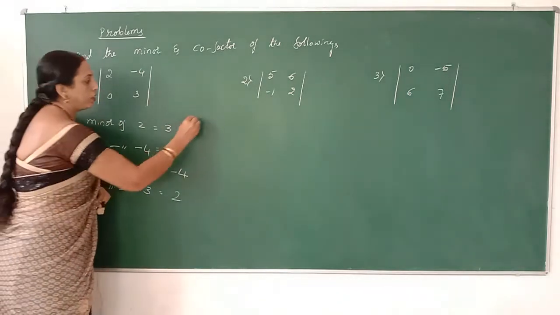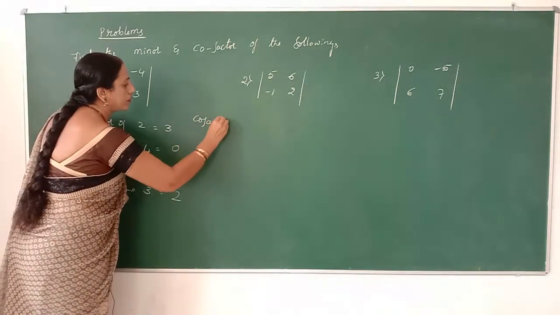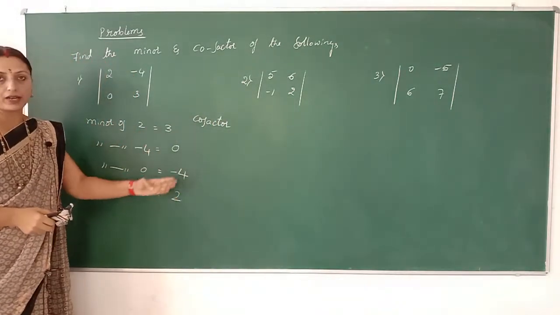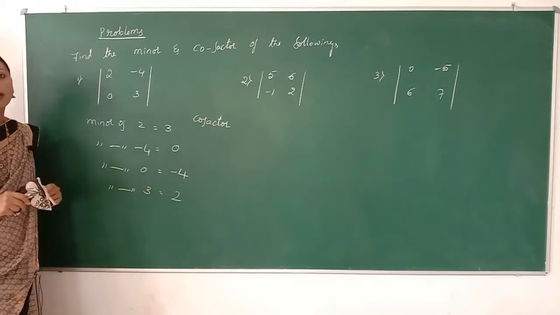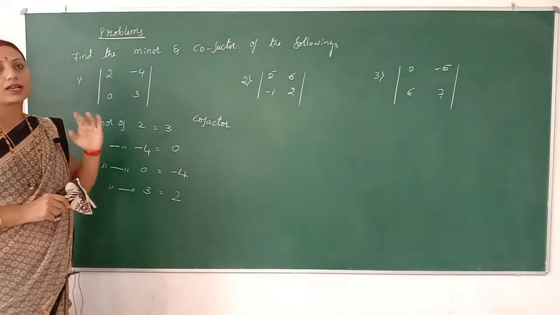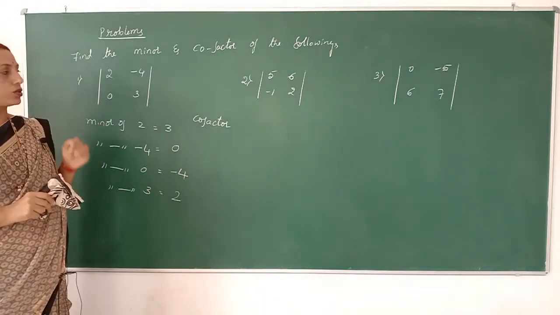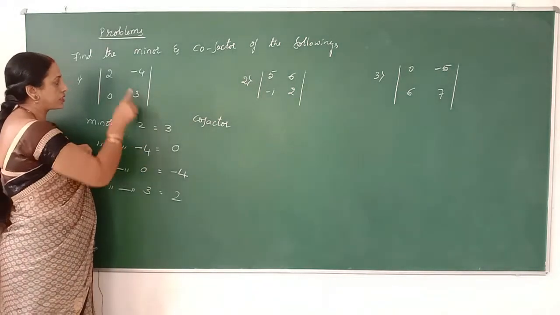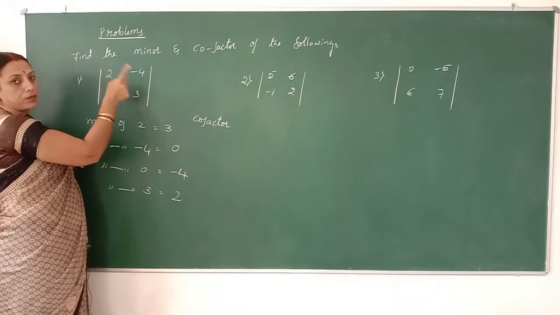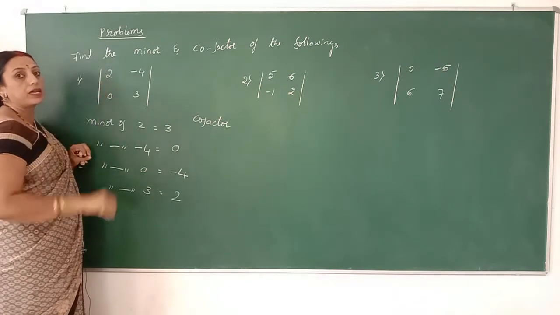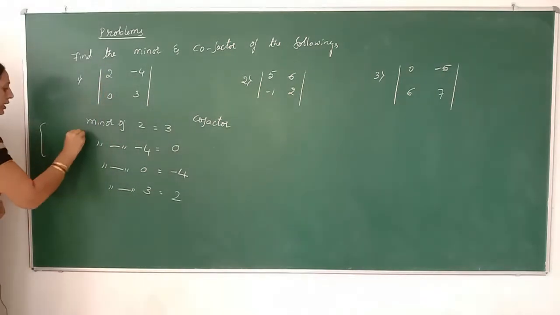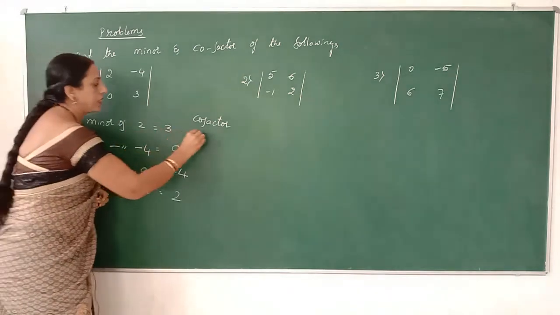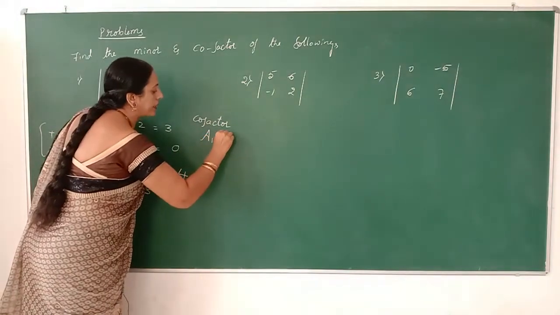So next will be cofactors. So cofactors means the minor of each element multiplied by the alternating sign or corresponding symbols of the 2 cross 2 determinant. So what are the corresponding symbols? Plus, minus in the first row, and second row is minus, plus. So signs of the 2 cross 2 determinant are plus, minus, minus, plus. That is also denoted by capital A11.